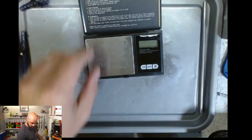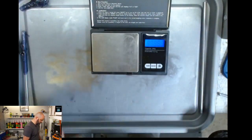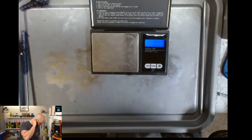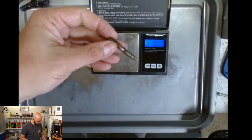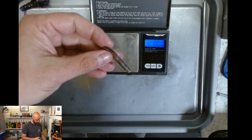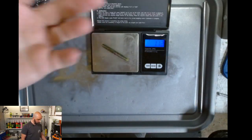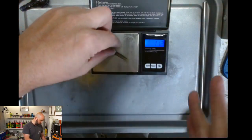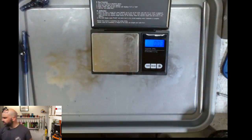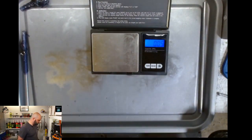Get my scales out. Let's turn them on. There we go, in grams. Let's do it. Here we go. I'm thinking it's going to be around 1.1 grams. That might not show up on you, but it's 1.12 grams. So definitely castable. I think with a hook,